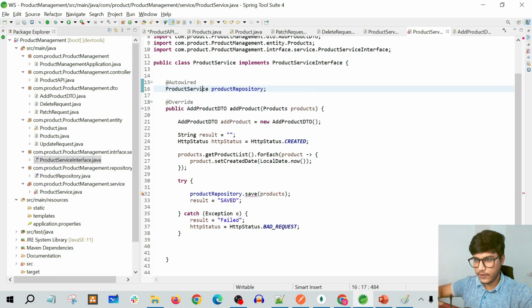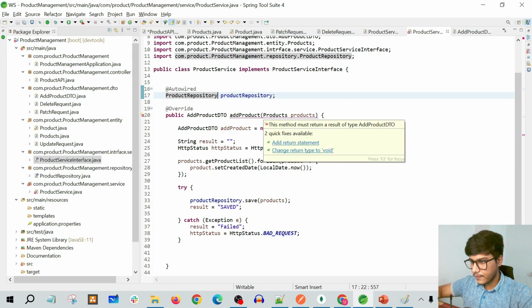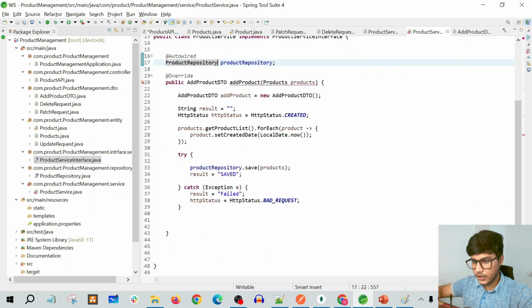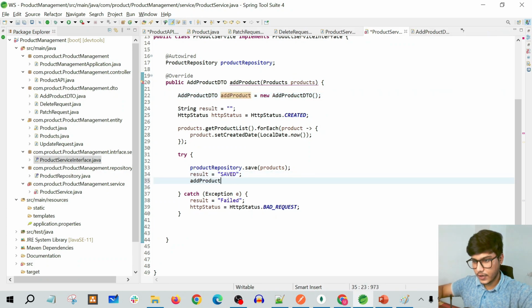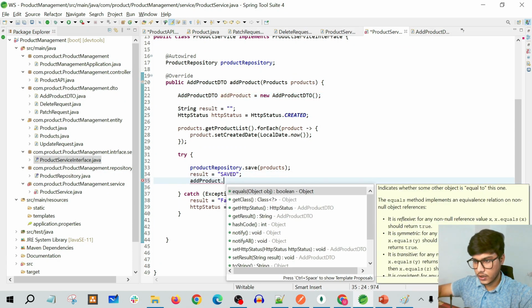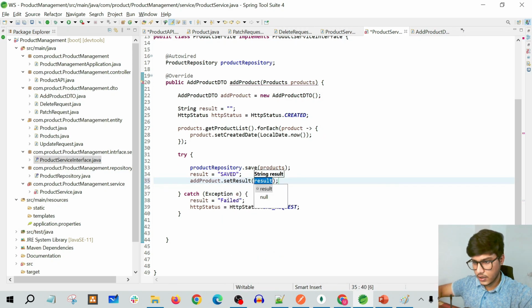Okay, I have imported product service. It is to be product repository. Yes, now it's fine. Okay, so nothing we are returning. We have to add a return statement, and first we have to add data to this particular object which we are going to return. So let us say dot set result as result,